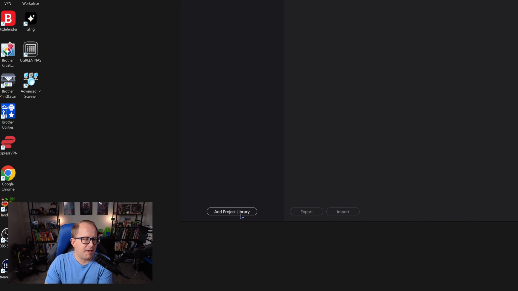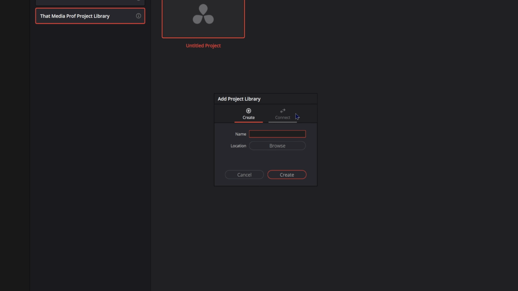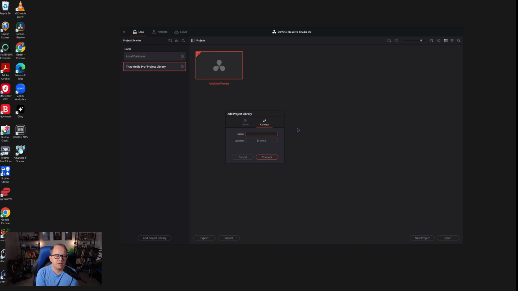So I'm going to go down here to add project library, but instead of create, I'm going to go to connect, and this is how you can reconnect an existing project library that you have. Students that I teach, they all have access to an Avid Nexus server on campus, and they all have a workspace in that server, and it's accessible from any of our edit suites in the areas that our students can edit. And essentially, if you've already created your project library on one machine and you actually want to pick it up on another machine, instead of going to create now, you're going to go to connect,